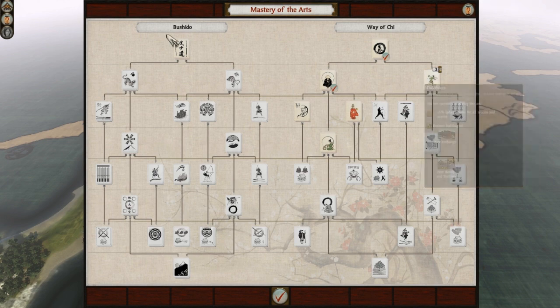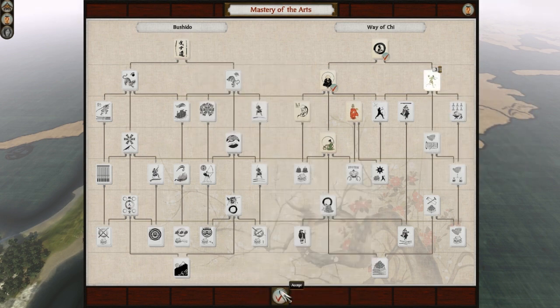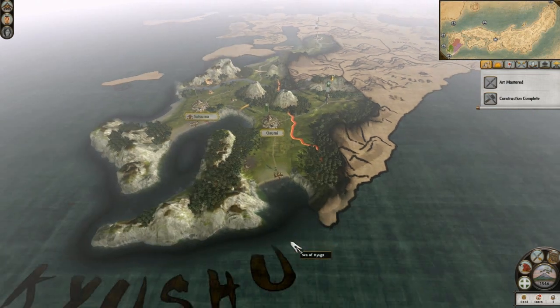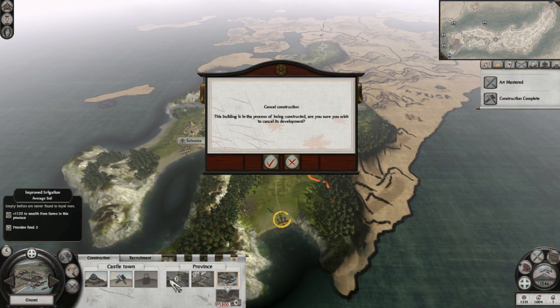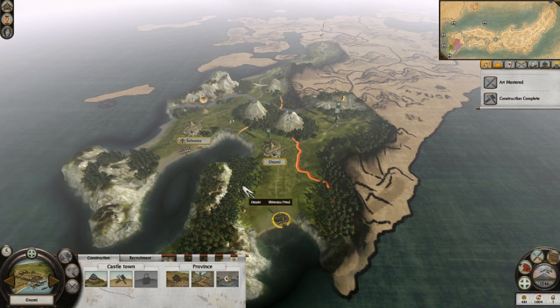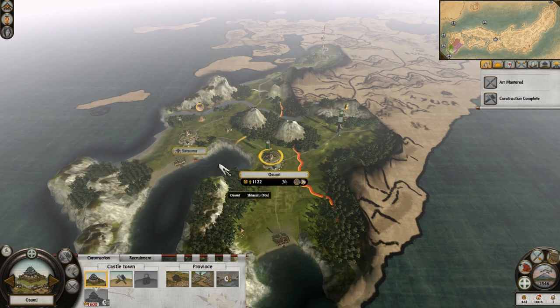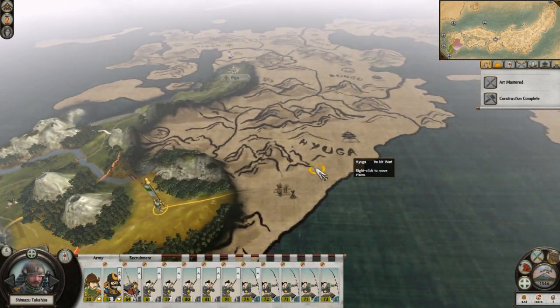So after we get this, I'm going to move over to Bushido even. Unless what I'm thinking will happen, in which case I'm going to have to cancel that. Shit. Okay, well, we're going to have to cancel this. So we can get a trading port here as well. Next turn I'll have enough money to get the rice paddies upgraded. Now I'll have to do...